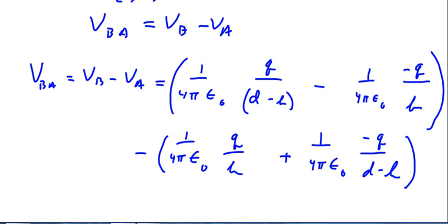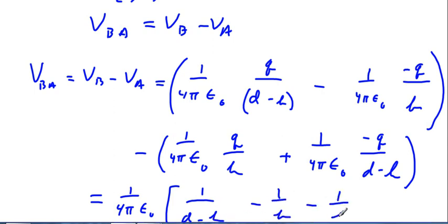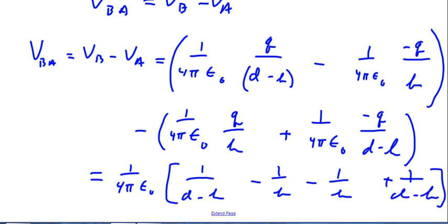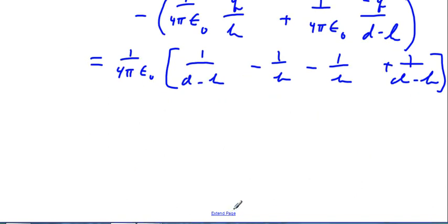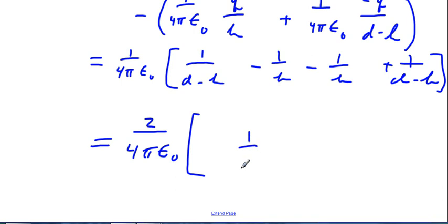I can bring out the 1 over 4 pi epsilon naught, and then I'd have 1 over D minus B, 1 over B, minus 1 over B, plus 1 over D minus B. Okay, and then I could add these together, and I have 2 of those and 2 of those, so I'm going to bring a 2 out, 1 over 4 pi epsilon naught, times 1 over D minus B, minus 1 over B,